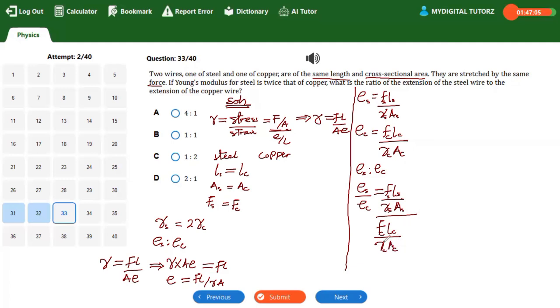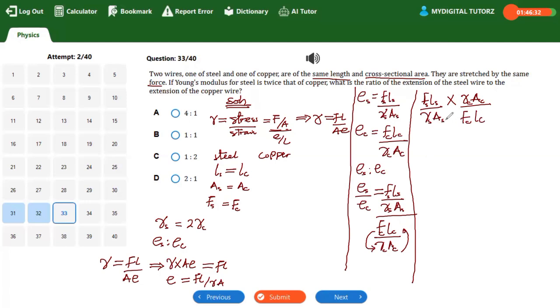So having done this, it's also a division of fraction by fraction, and I believe you know how to tackle it. So this will be force on solid, length on solid, all over Young modulus on solid and cross-sectional area on solid. This bigger division turned to multiplication. This one becomes the numerator, and the numerator here becomes the denominator. So I have Young modulus on copper, cross-sectional area on copper, all over the force on copper,